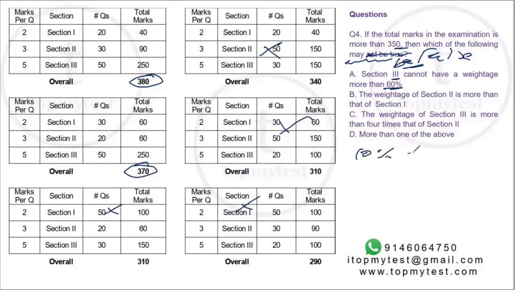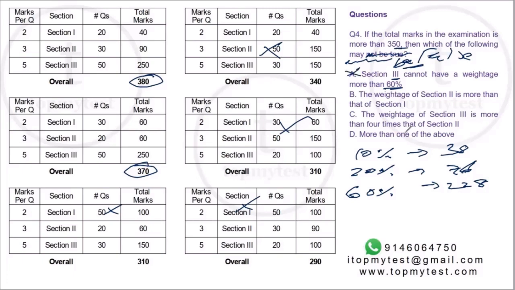So again, we'll do the percentage parts. 10% value will be 38. 20% value will be double of 38, which is 76. 60% will be 3 times 20%. 3 times 76 will be 228. Now 250 is more than 228, so we can be pretty much sure that 250 is more than 60%, and similarly 250 out of 370 is also more than 60%. So the first statement is definitely false.